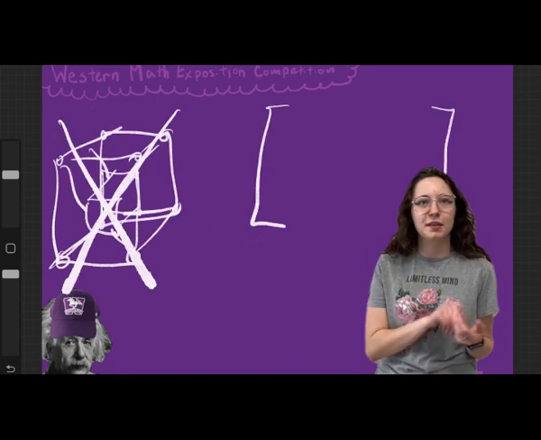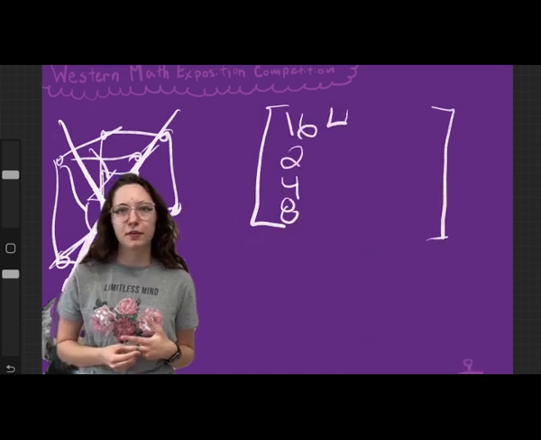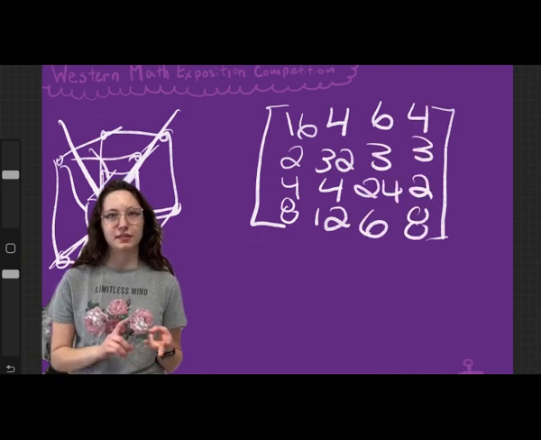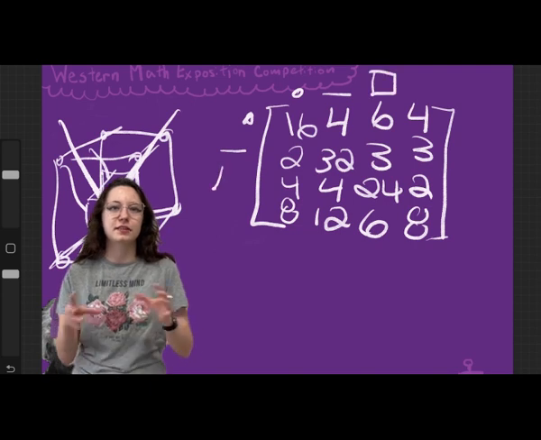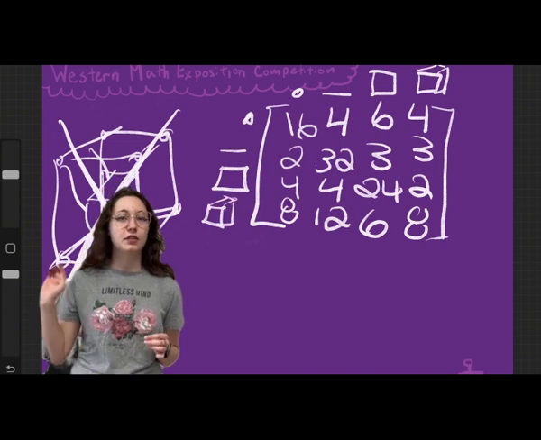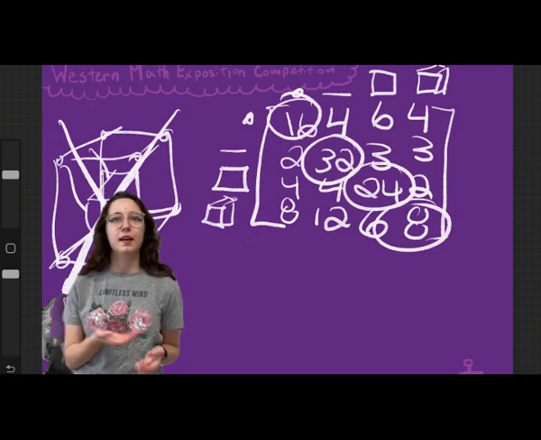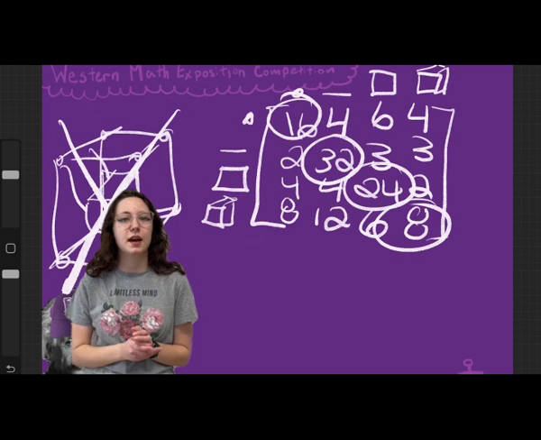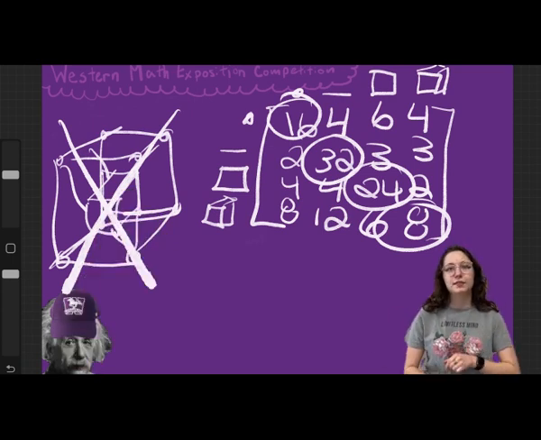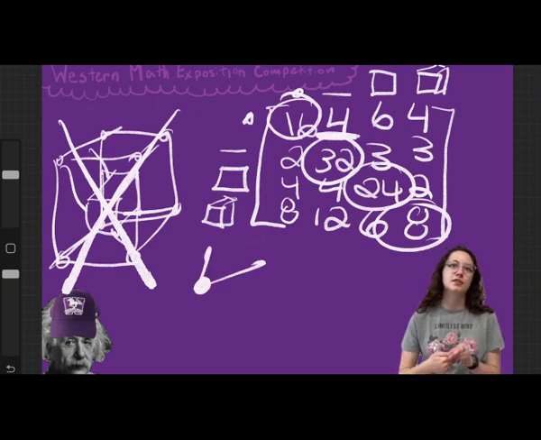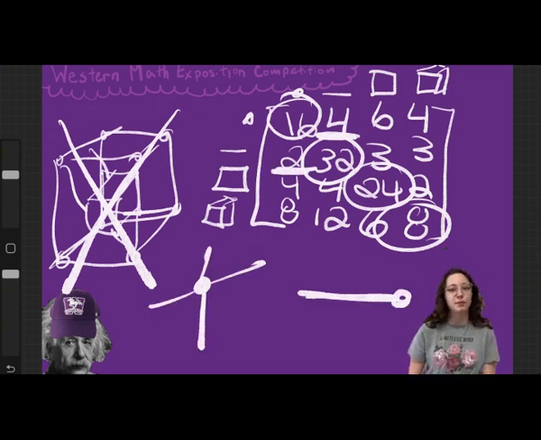Instead, we use a configuration matrix, which is a 4x4 matrix with each row and column indicating vertices, edges, faces, or cells, which are its features in different dimensions. And the diagonal numbers all indicate the total number of that feature. For example, the tesseract has 16 vertices, 32 edges, 24 faces, 8 cells. The other numbers also indicate things. For example, the 4 in the second column, first row, indicates at each vertex there will be 4 edges, and the 2 in the first column indicates that at each edge there will be 2 vertices.